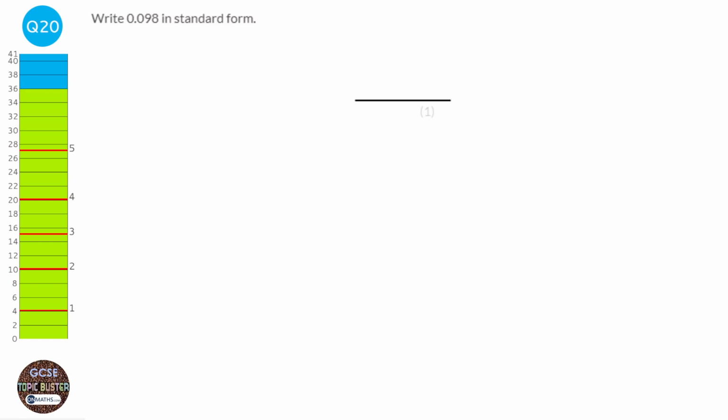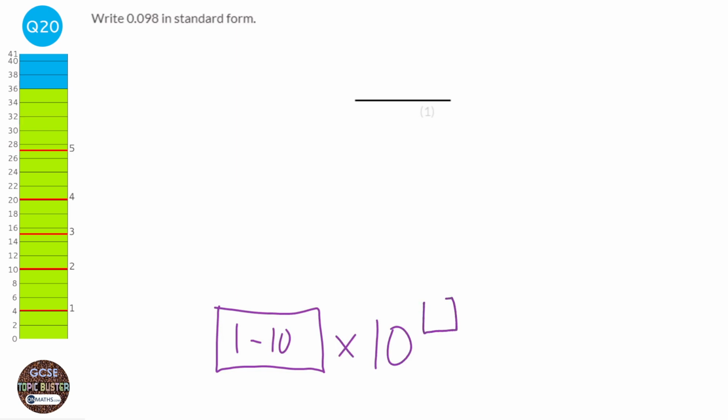So we've got to first of all understand what standard form is, and standard form is a number that is between 1 and 10, but not including 10, times 10 to the power of another number. So to find out what the number is going to be for our standard form, we're going to just write down the decimal first, so